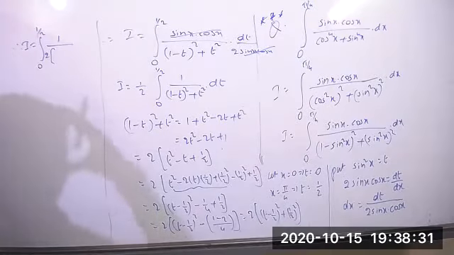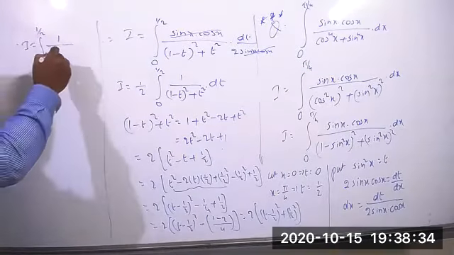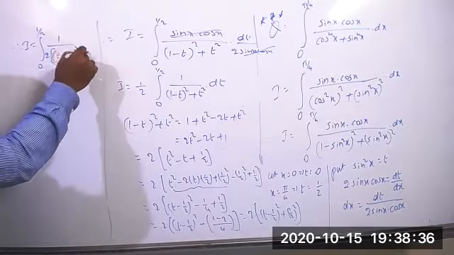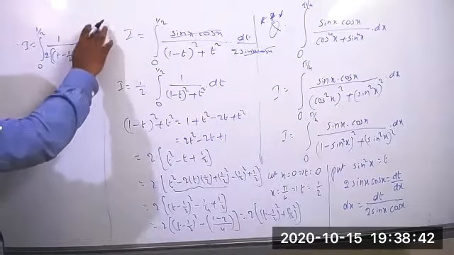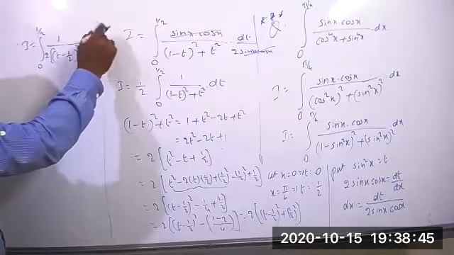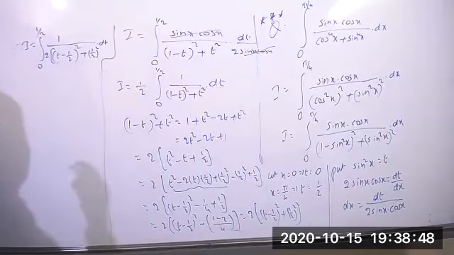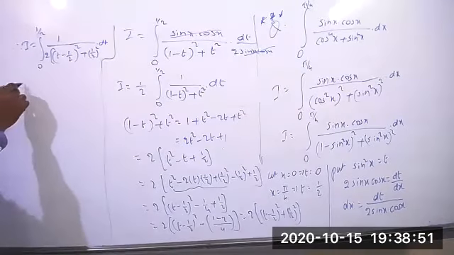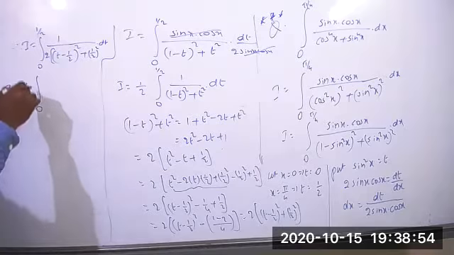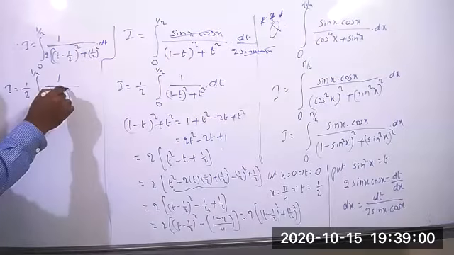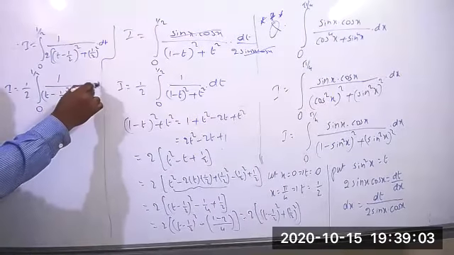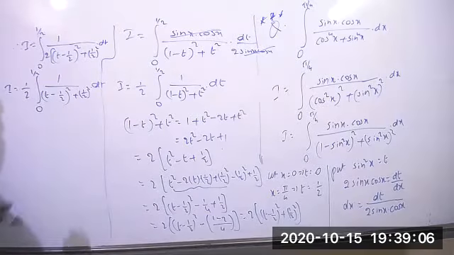Okay. Yes, 2 is the constant you can take outside now. 2 into t minus 1 by 2 whole square plus 1 by 2 whole square into dt. So 1 by 2 you can take outside. So the value of I equal to 1 by 2 into integration of 1 by (t minus 1 by 2 whole square plus 1 by 2 whole square) dt. But here also we compulsorily have to take substitution again, because we are not getting a pure t.